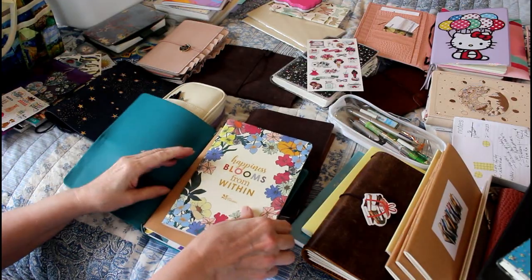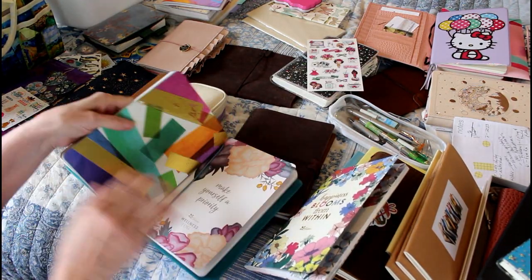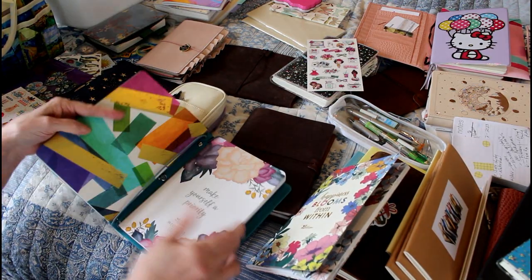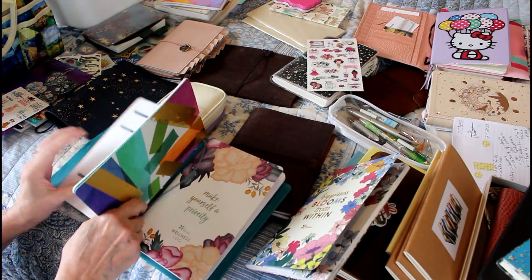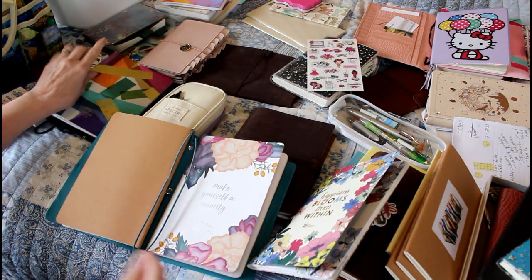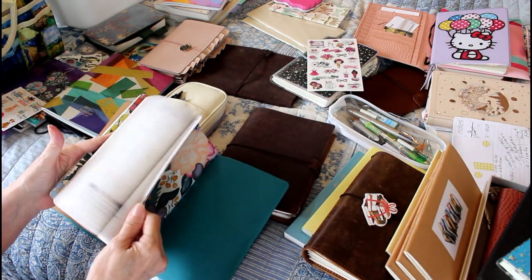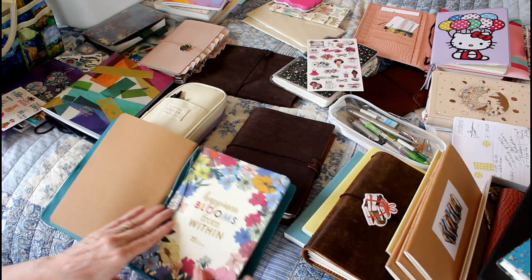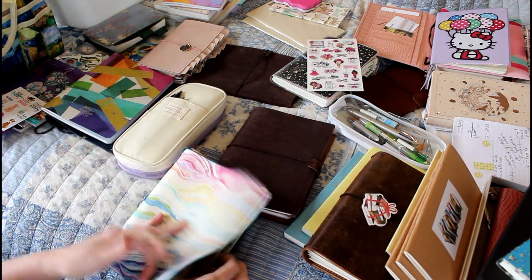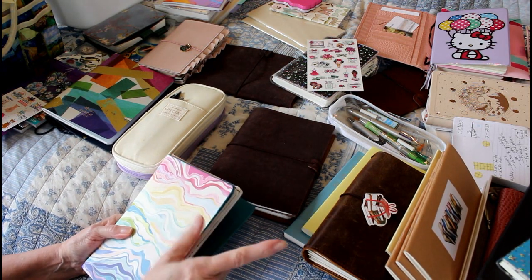Now, I will be using the Wellness, not the budget book so much, because we're kind of trying to pay off a couple things before we even go too far into a budget. So I won't be using the budget book. But I have all these, you know, make yourself a priority, do good things for yourself, happiness blooms from within, you know, all these good things. And there's another one that is in